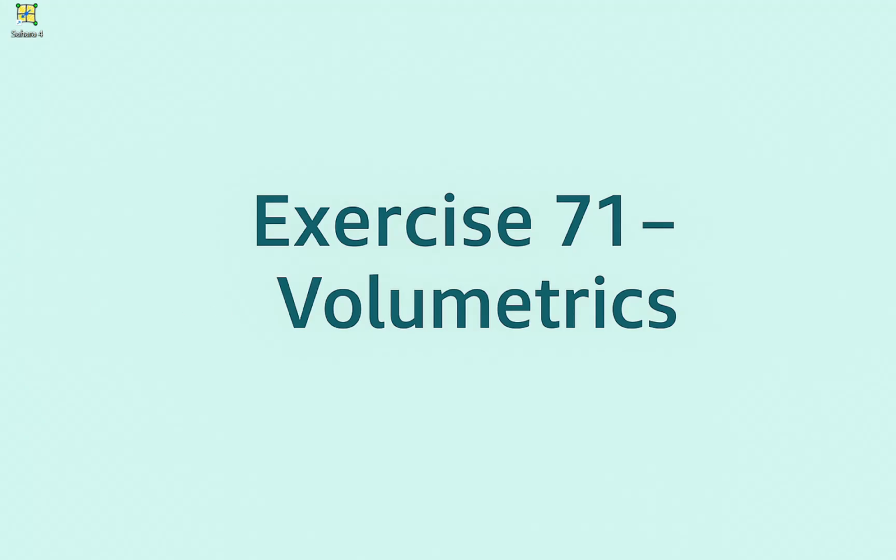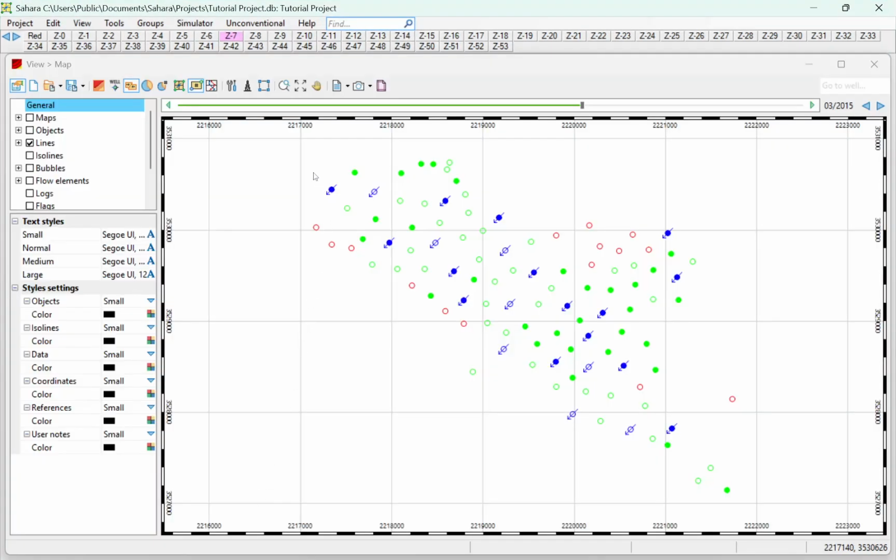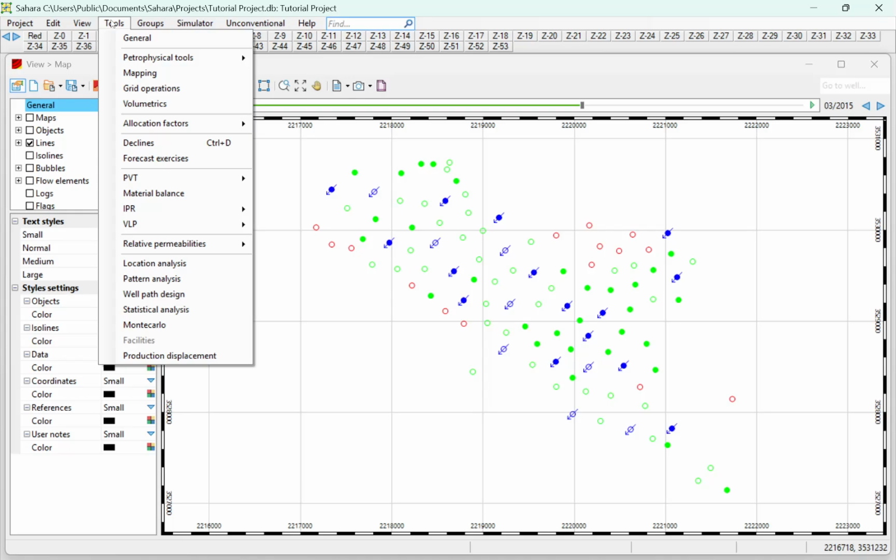Welcome to this Sahara 4 exercise. In this exercise, we will use the Volumetrics tool to do a quick calculation of the average net thickness of the different layers in the project. For that, we will go to our Sahara project, and once here, we will open the Tools menu and go